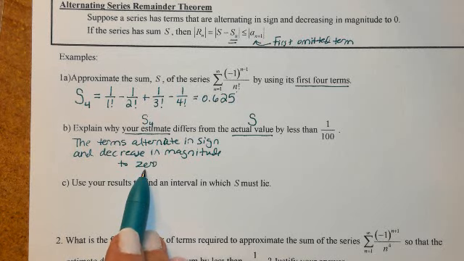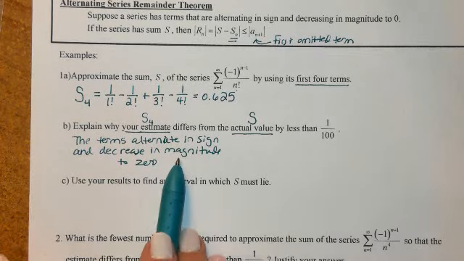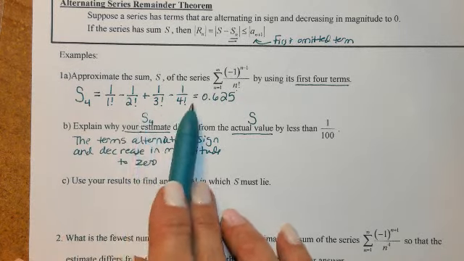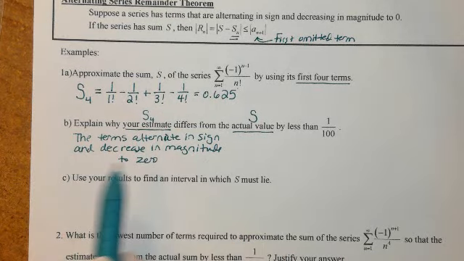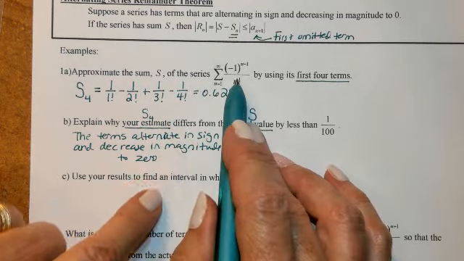We say that several times. So if you want to turn off your video and say that a few times, it might help you remember it. Magnitude just means absolute value. It means if we ignore the negatives, if we ignore the alternating aspect of this, then the terms will decrease in that value. Okay? So this is true for this series,